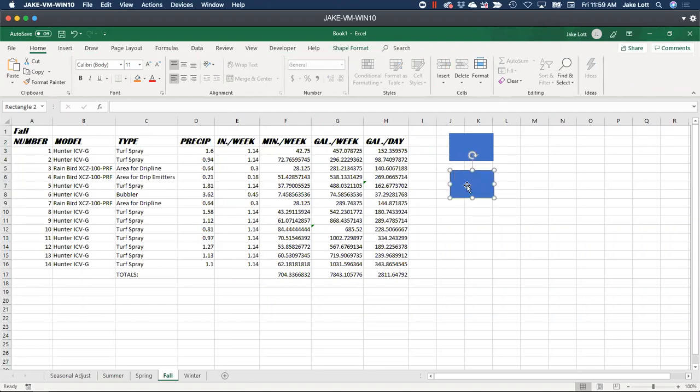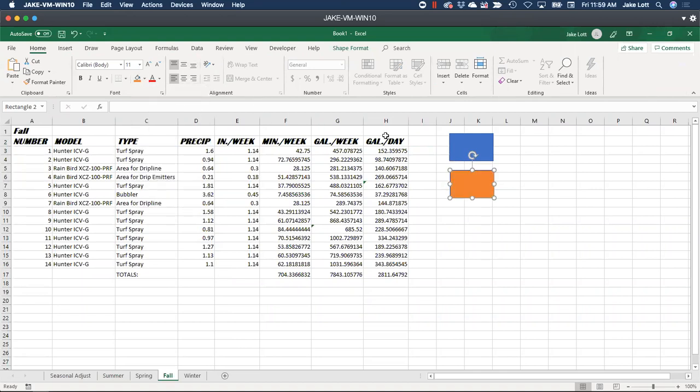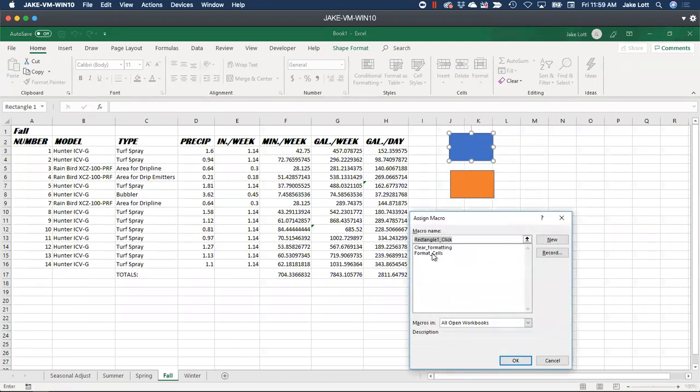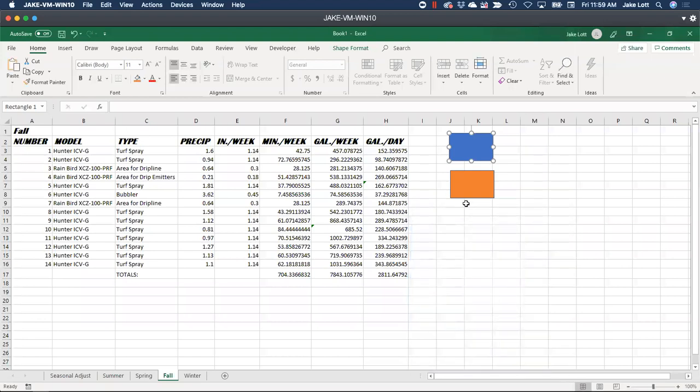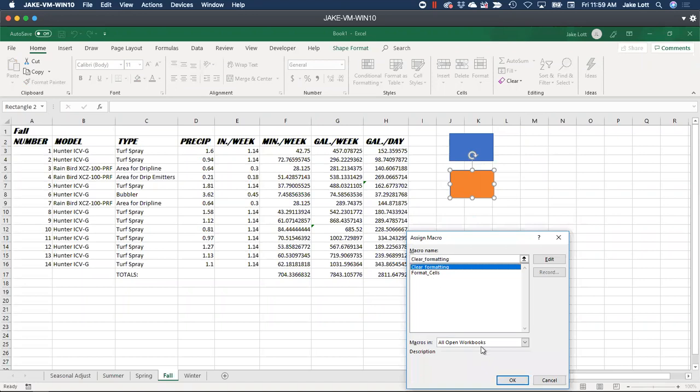So here we're going to go ahead and make him that color and make him this color. I can right click on any object, and this is why I'm doing it this way, because it doesn't matter. And I can assign a macro to him. And I can format cells for the blue, and I can right click, assign a macro, clear formatting for that guy.